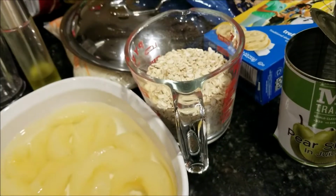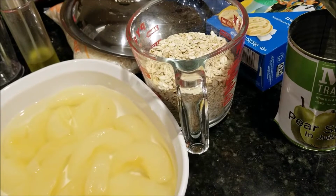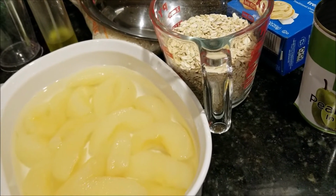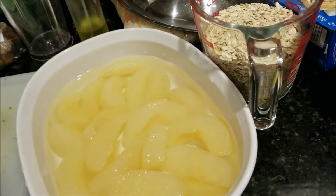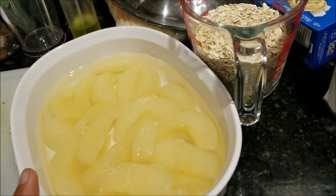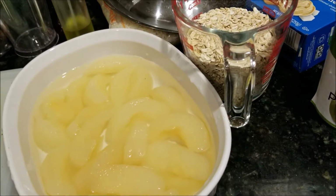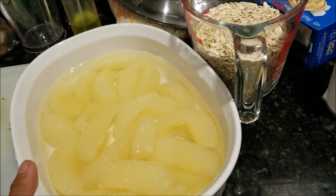Now, I'm not big on canned fruit. I mean, as a kid, I ate it all the time, but if this tastes decent, and I just want to tell you that if this tastes decent, okay, we'll go for it. And I do want to say that the